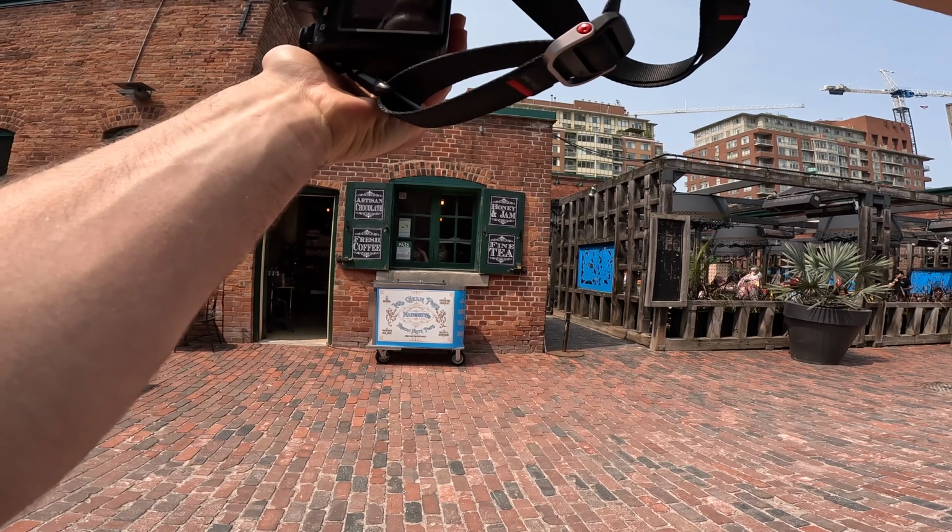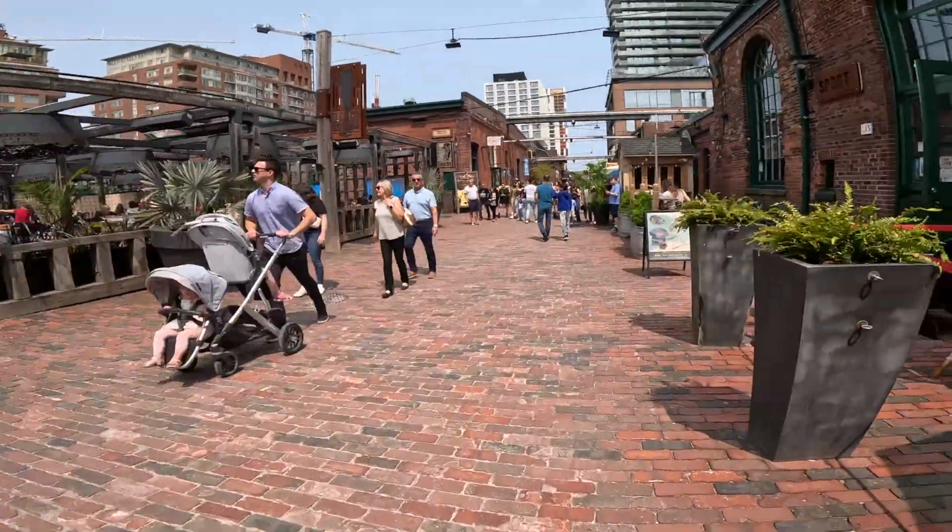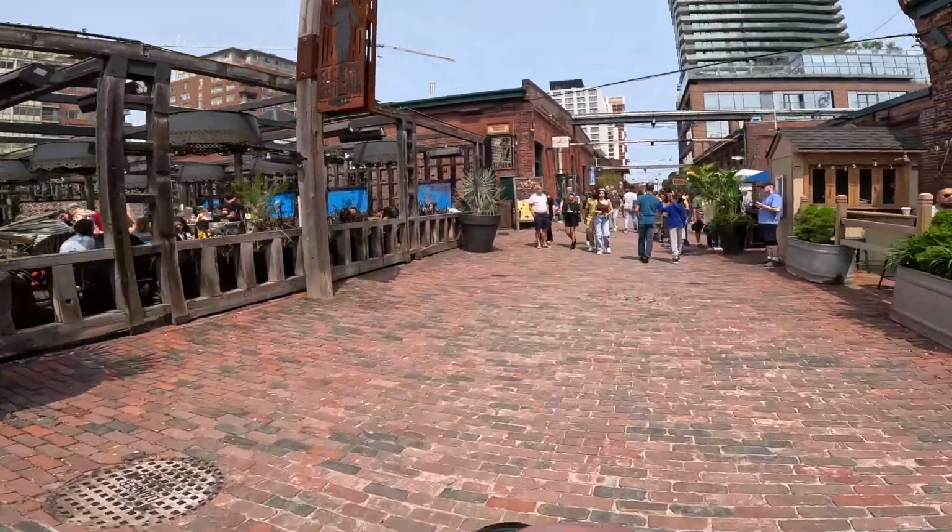The Distillery District is your spot to go, especially with the added bonus that there's all these little shops in the area, things that you can buy just to take home with, souvenirs, that kind of thing, if you are new to the city and want to combine your shopping destination with your content creation and memories that you can take home with you. Now, a bit of a wild card from that, we're actually going to go from the